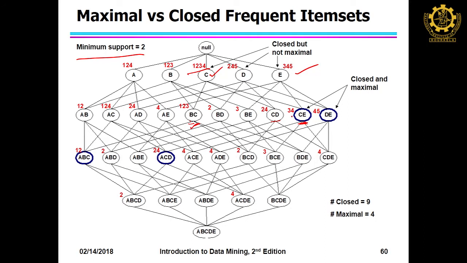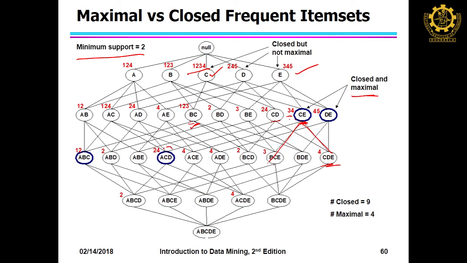Whereas CE is in how many transactions? Only 2 transactions. So, it is frequent, and its supersets are infrequent. So, this should be the maximal. Whether it is closed: item set CE has 2 transactions, that is 3 and 4, and its corresponding superset has only 3 and 4. So, support is decreasing. So, this is both maximal as well as closed.